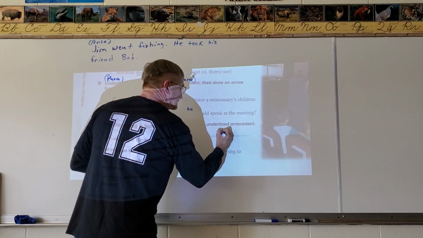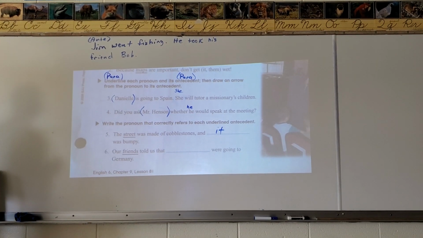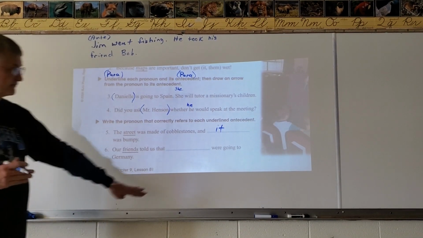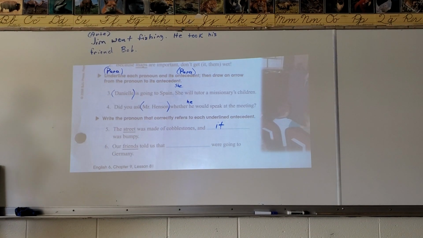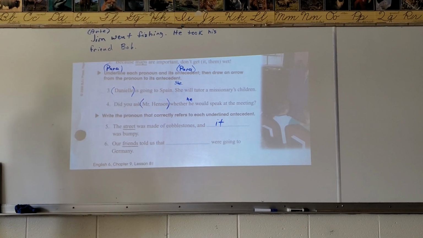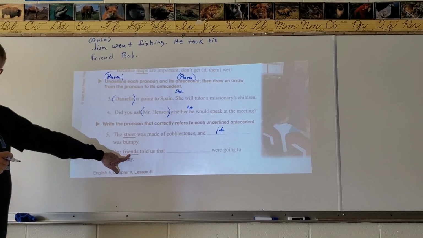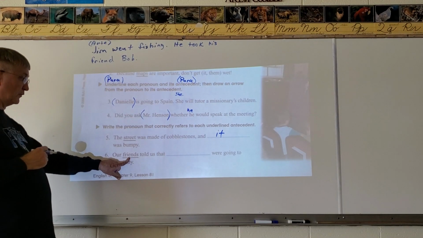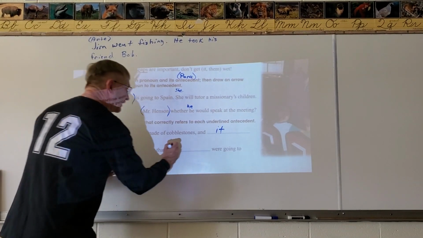The word it. It refers to street. It's a neuter. That's why a person's not an it. Okay, number 6. Our friends told us that, so we've got a group, we have plural, so therefore we have told us that they